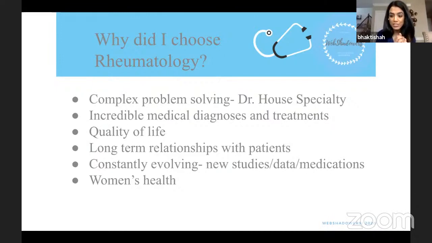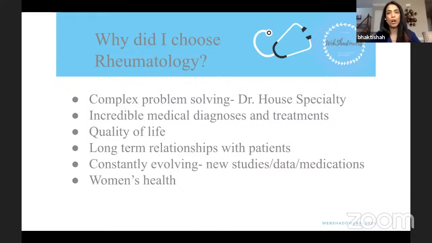The pathophysiology is really what inspires me. It really is humbling to see how certain small molecules and chemicals and cytokines are really responsible for creating a whole systemic autoimmune process. It makes you really appreciate what medicine is and to appreciate what our bodies are really capable of. The treatments are also very interesting.